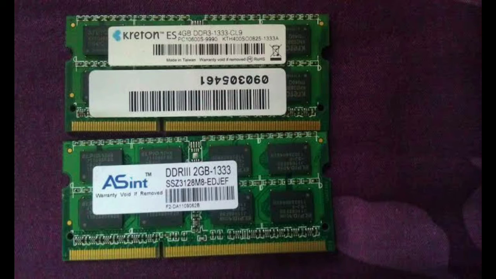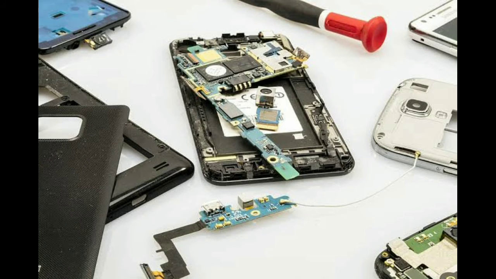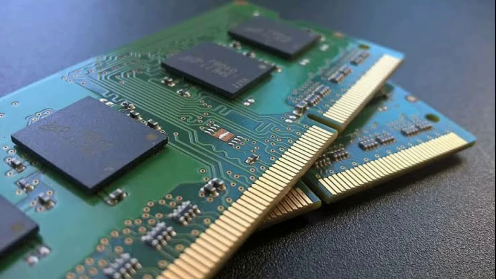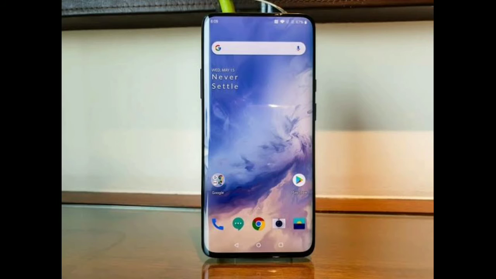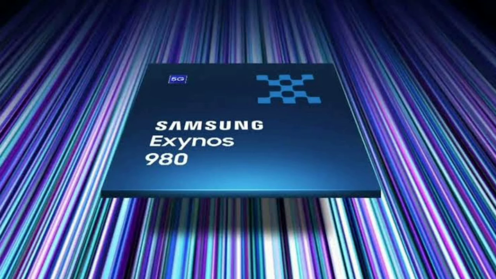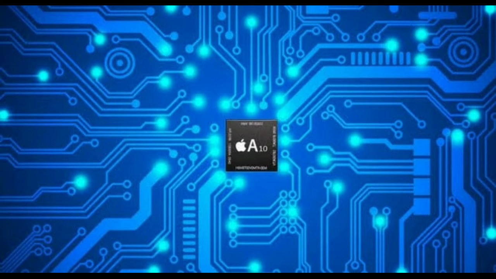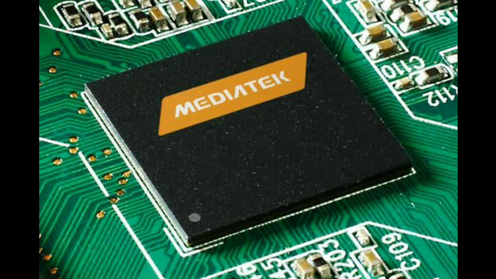Fourth is the processor. The processor is a chip that operates the device and performs every activity in your mobile. That chip is called the processor. This chip controls the temperature in your mobile and boosts your mobile. The processors used in mobiles are Snapdragon, MediaTek, Exynos, and Apple's A series processors, which are specially designed processors.